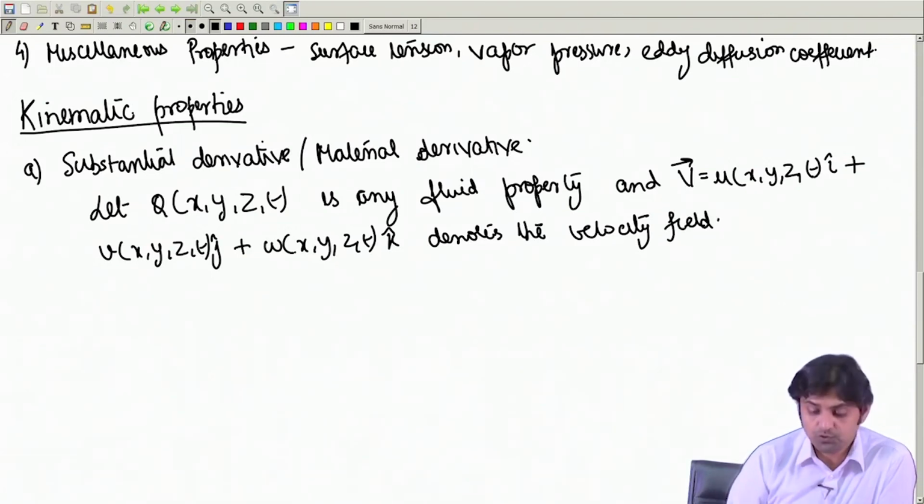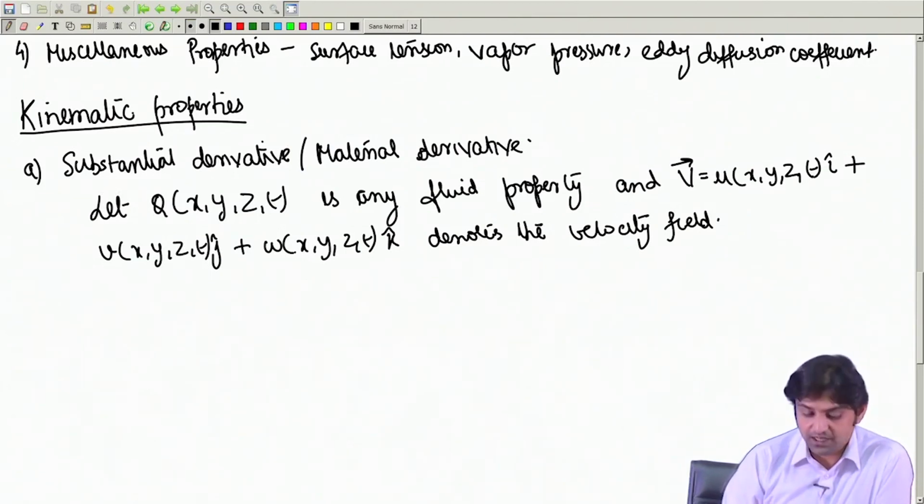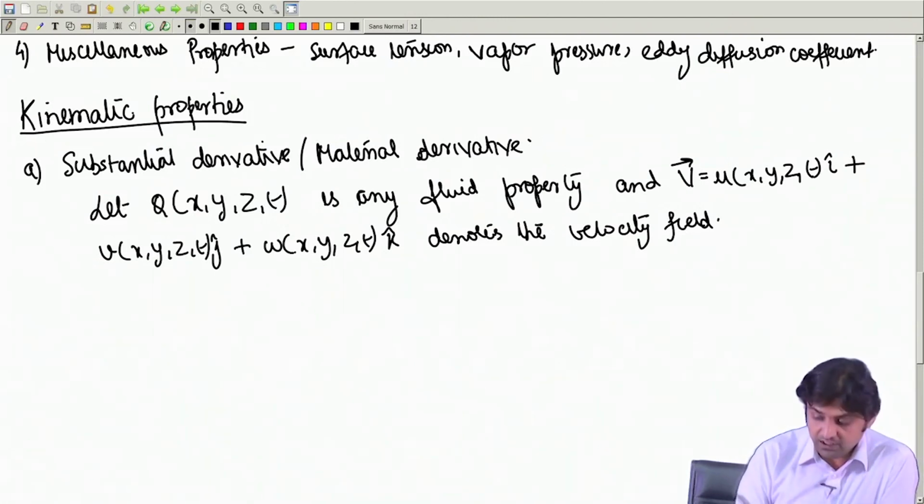So, if we assume q is any property, any fluid property, and V given as u i cap plus v j cap plus w k cap denotes the velocity field, then